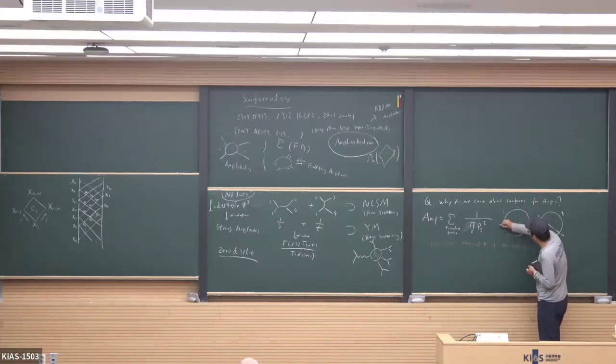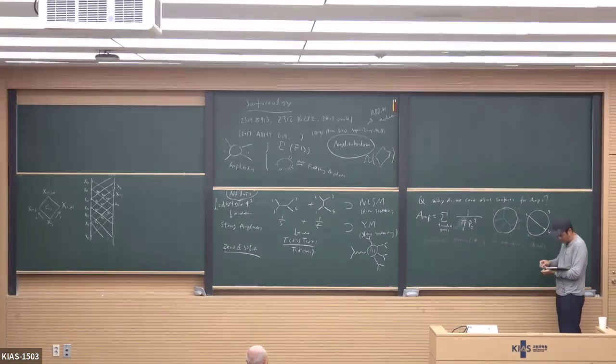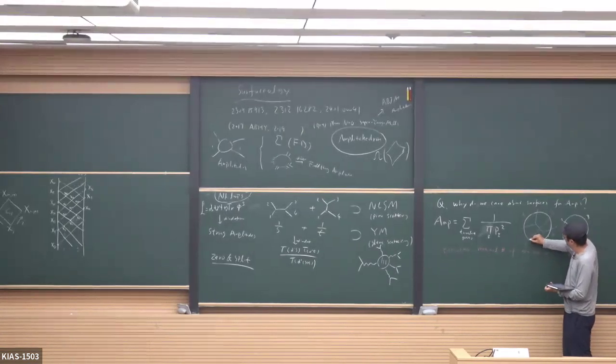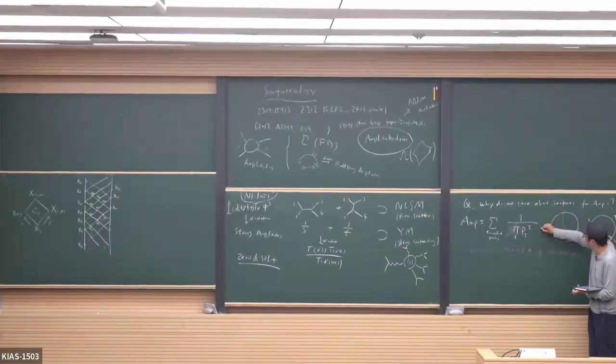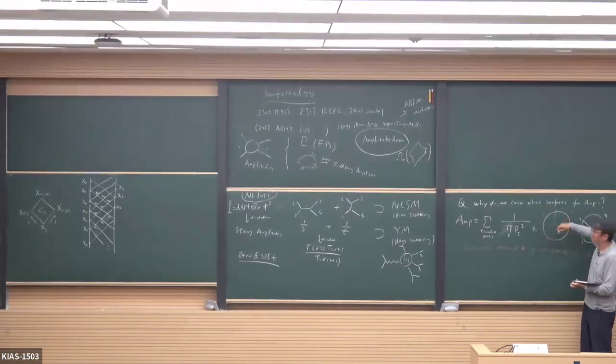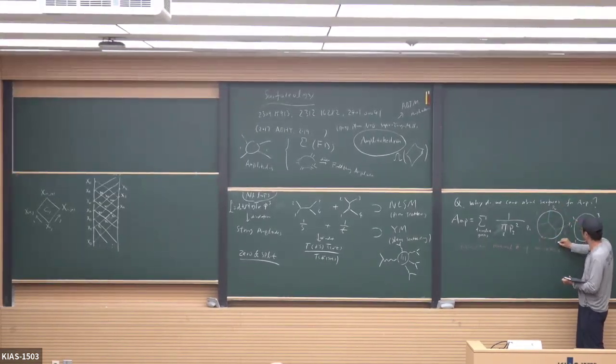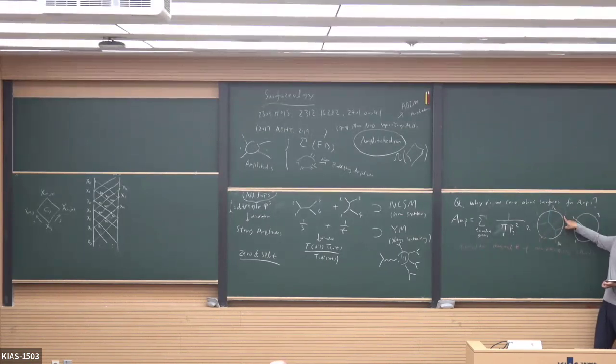So you really should think about this dual graph, where, for example, here is a convention that between marked point 1 and marked point 2, I have my particle 1. Here I have particle 2, particle 3, particle 4. So this triangulation, where I have a chord connecting marked point 1 to 3, is really dual to an S-channel diagram, where you have your P1 and P2, and this chord itself is dual to this S-channel propagator, right? And similarly here,